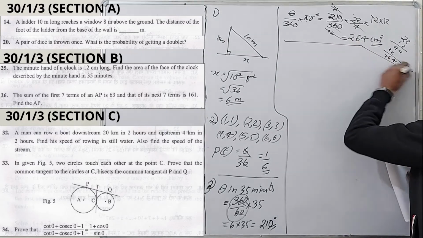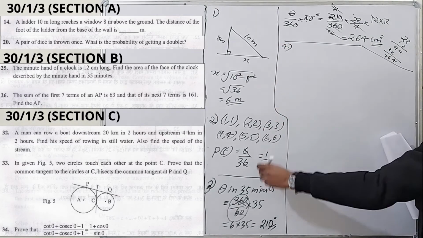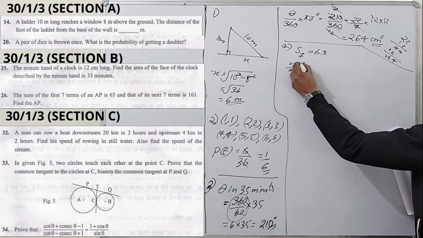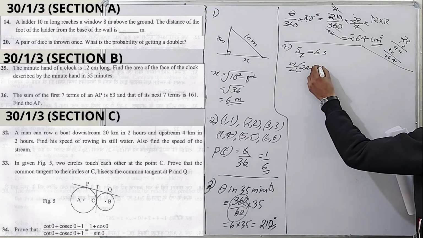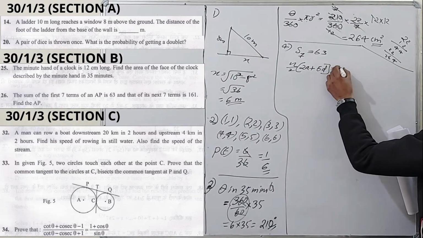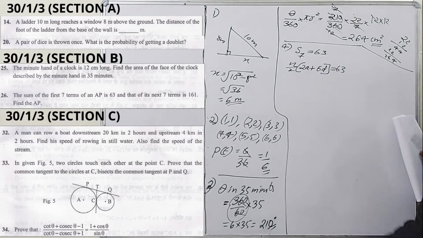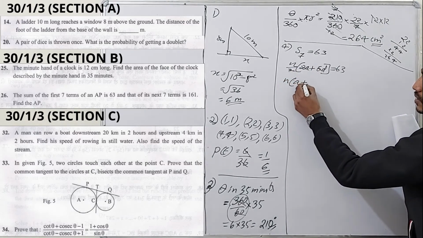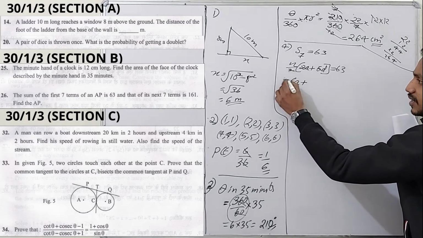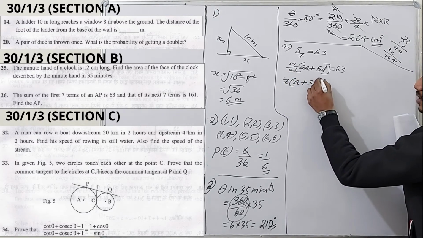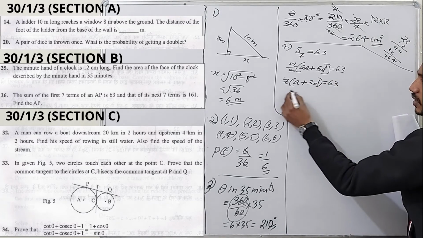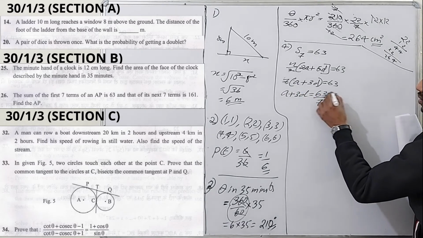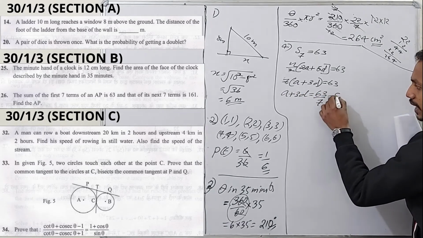Let's solve one by one. Question number 4, we can read as: sum of first 7 terms is equal to 63. That is n by 2 into 2a plus n minus 1 into d, which is 2a plus 6d, is equal to 63. Then this 2 we take into here. So 2 can be cancelled directly. N into a plus, oh sorry, n is 7. Okay. 7 into a plus 3d is equal to 63. The 7 we take over here. So a plus 3d is equal to 63 divided by 7, which is equal to 9. Equation number 1.